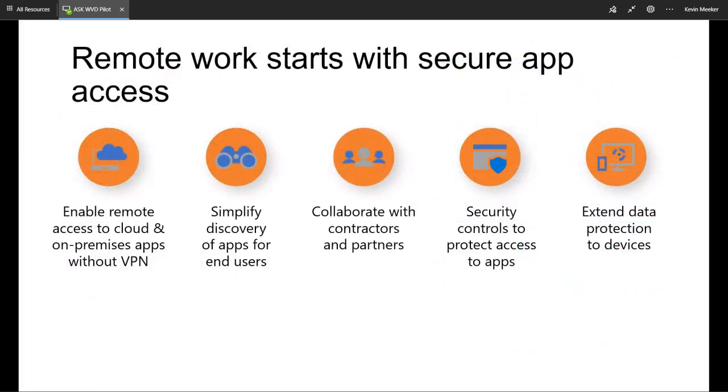So working remotely, the big piece is now you're away from those corporate protections. You're no longer behind that corporate firewall. You may be using a device that doesn't have the corporate antivirus or anti-malware on it. So how do we make sure that we are who we say we are and we do have rights to log into these? So we'll get to that here in just a moment, but this really comes down to secure access. We have to make sure we establish secure access for our staff so that when they log in, when they sign in,